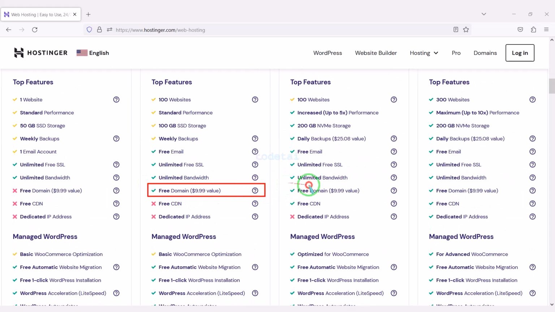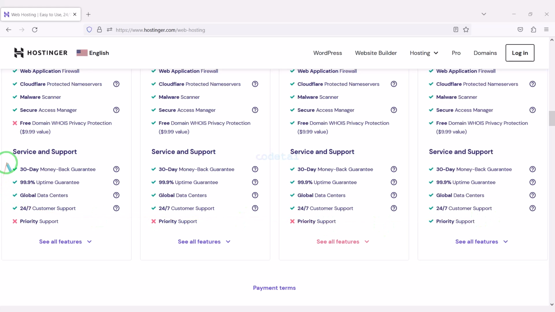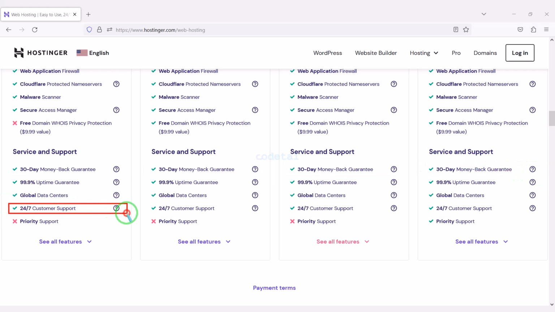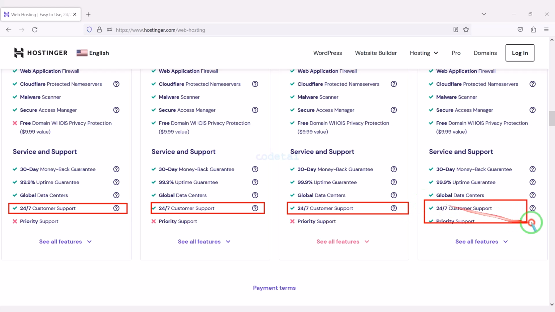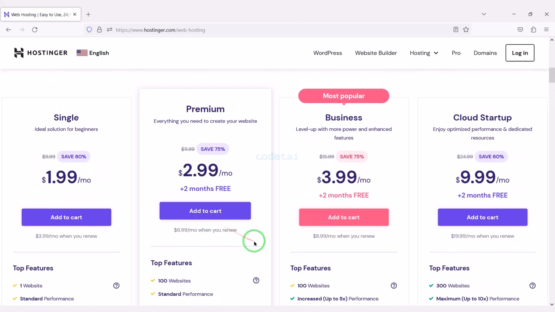You definitely get a free domain with these packages. Also, you get many more features with these packages. You get a 30 days money back guarantee with every package. If you don't like your domain hosting within 30 days, you can get your dollars back. Also, you can get 24 hours technical support from Hostinger, or you can get direct support from us. You will find all our contact information in the video description. You can purchase any package as per your choice from here without any problem.